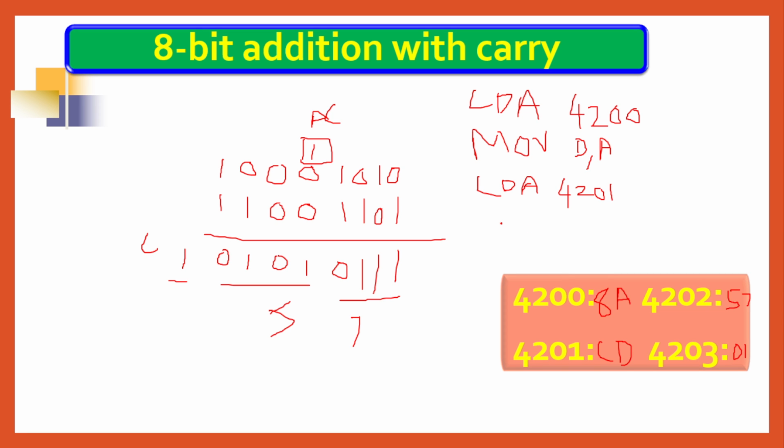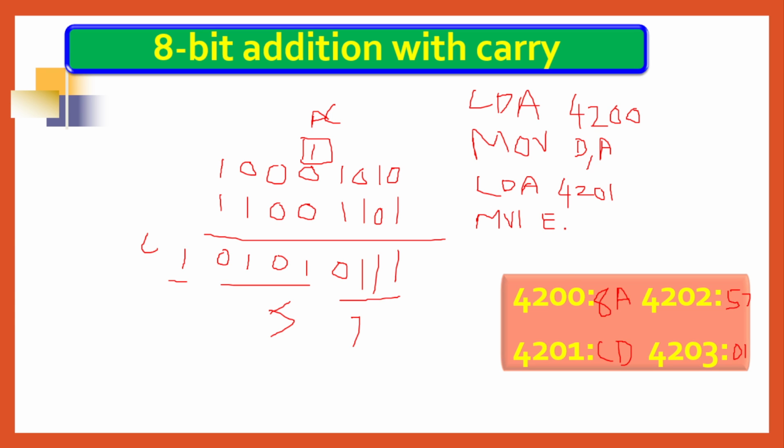There is no precedence. Before that, to count the carry: a carry is a single-bit number, isn't it? It is a flag, a flip-flop. You cannot copy the flip-flop, you can only check it. So for that purpose, we have to initialize one of the registers to count the carry. Initializing means loading that register with 0. For example, I am taking the E register for carry. So for that I have to load 0 into the register, for that the immediate